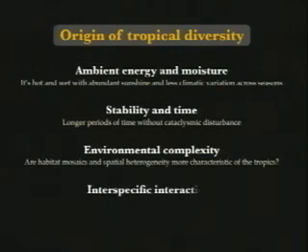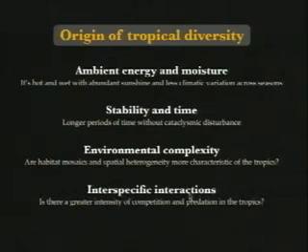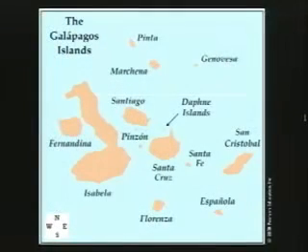The complexity of tropical systems in a structural and three-dimensional sense. Could the interspecific interactions play a role in generating or maintaining diversity in the tropics? All the predation and mutualism and highly competitive relationships in those systems, can diversity and richness build on itself in the context of complex interspecific interactions in a spatially complex three-dimensional environment over long periods of time with a lot of moisture and warm temperatures? These things are not mutually exclusive in explaining tropical diversity. It could be a multifactorial explanation.